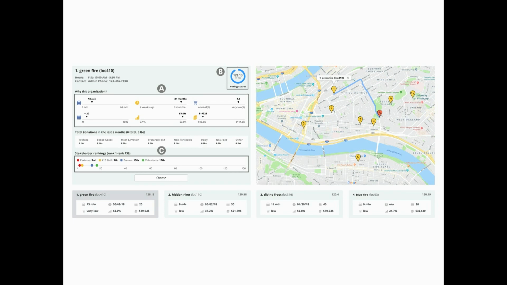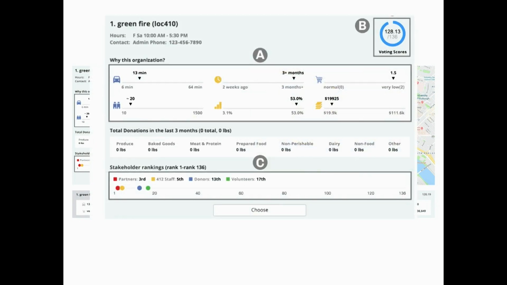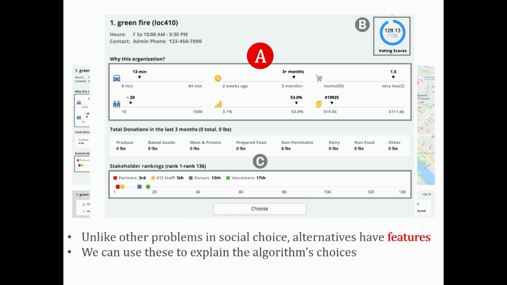There's various things to observe. So that's a map of Pittsburgh. But we can explain why that's the outcome. Okay? So we can use the features as a means to explaining what's happening. I'd like to draw your attention to first, unlike other decisions, like policy decisions, now I have very concrete features that I can work with. And we can use this to explain.